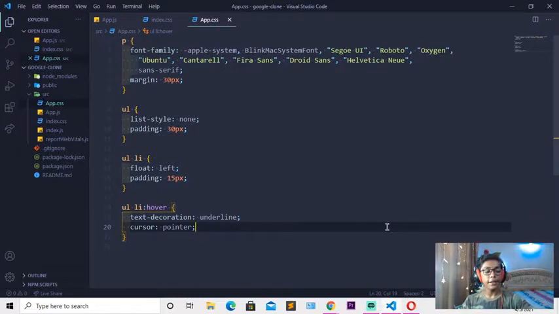So when you've done with that, now we will be going to our work, and here I'll be pressing save, and you can see cursor pointer and everything is good to go. So when you've done with all that,